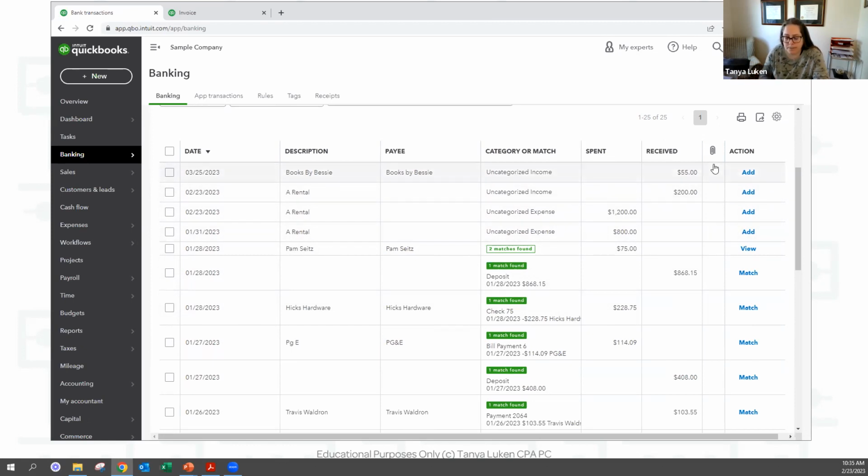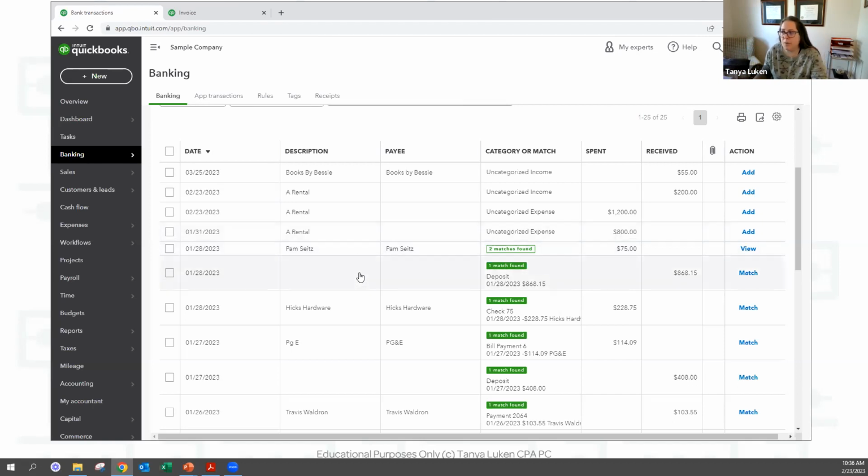There's a new thing for some banks now where it will show you a picture of the transaction. So you know how you can log into your bank, and if it says, check 475 cleared, you can click on the link and it'll show you a picture of the check. Now they're starting to add those pictures into QuickBooks, which is super helpful. Because a lot of times when you write a check, on your bank statement it just says the check number and the dollar amount, and you have no idea who it was written to or why, if there was a memo, any of that. So it's kind of nice that it's like that.